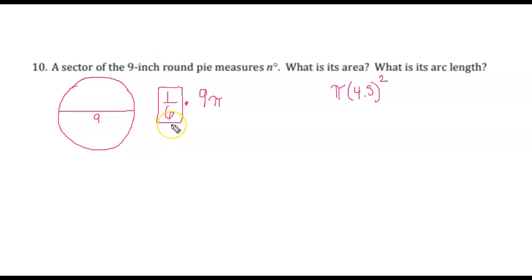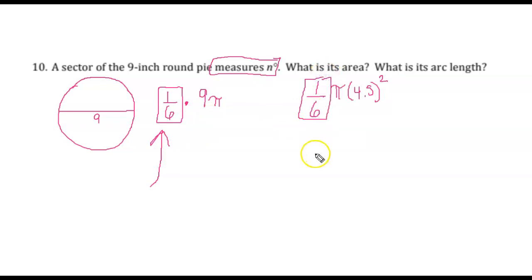One of the things that we've been working on for the past few days is the fact that the angles at the center are proportional to the arc lengths on the outside. So if I know what that angle is for the sector of the pie, the arc measure, or the angle at the center, I do know that that is proportional to the whole circle. So in order to get our fraction that we need to multiply these by each time, instead of being 1/6,